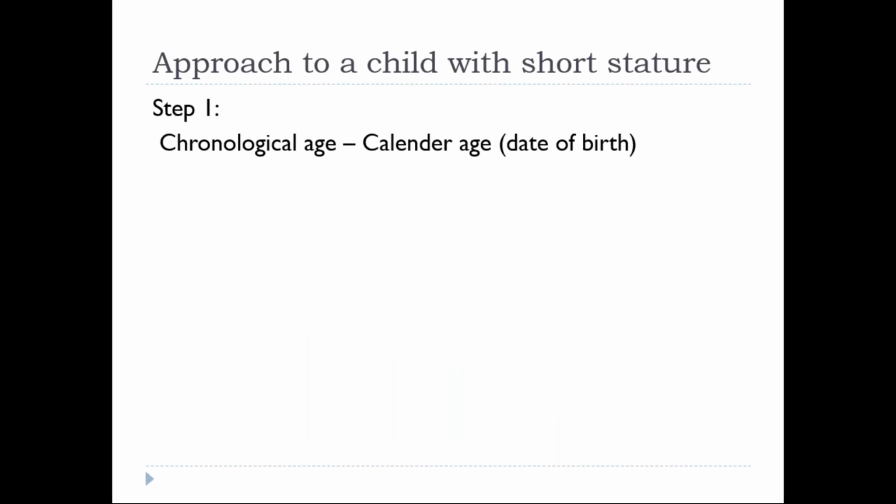Okay, so this is briefly when you get a child and the attendant says that my child is short, what do you do about it? Okay, so first you calculate the chronological age. So chronological age means that,